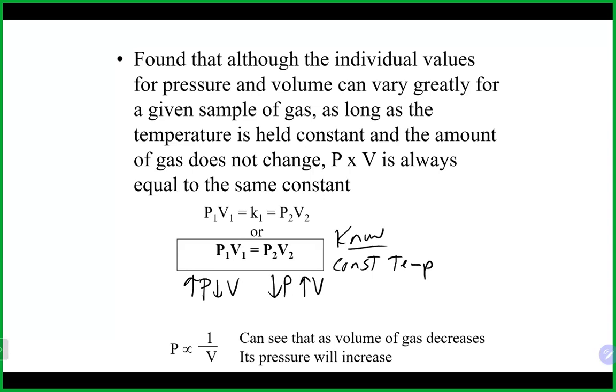P1, V1 equals P2, V2. These are kind of like before and after conditions. So something changes, either the pressure changes or the volume changes as you go from left to right in this particular case. Now, in terms of the units, it really doesn't matter what the units are in this formula. The pressure can be any unit you want as long as they're the exact same on both sides of the equal sign. The volume, same deal. The volume can be any volume unit you want as long as they are the same on both sides. So you don't have to necessarily get them into a specific unit as long as both pressures are the same units and both volumes are the same unit as well. Any questions on that there?